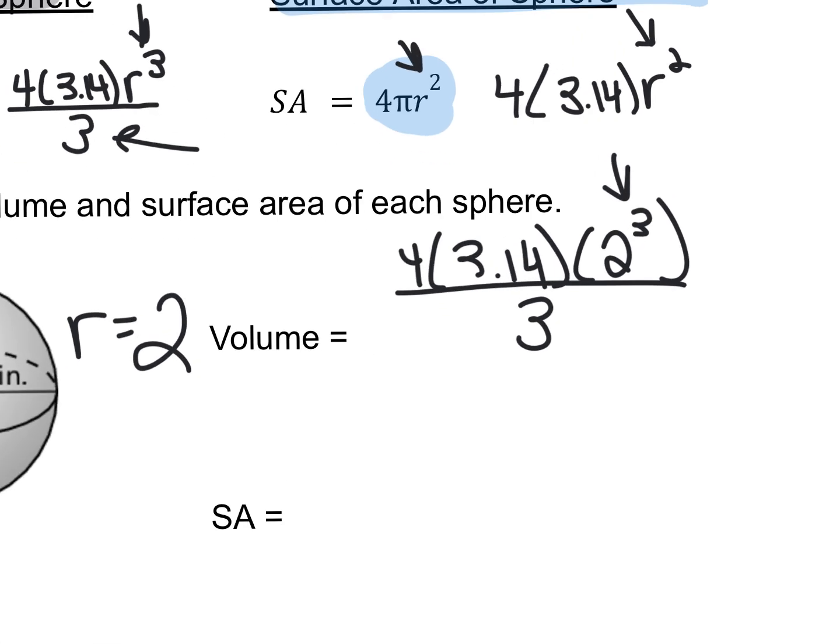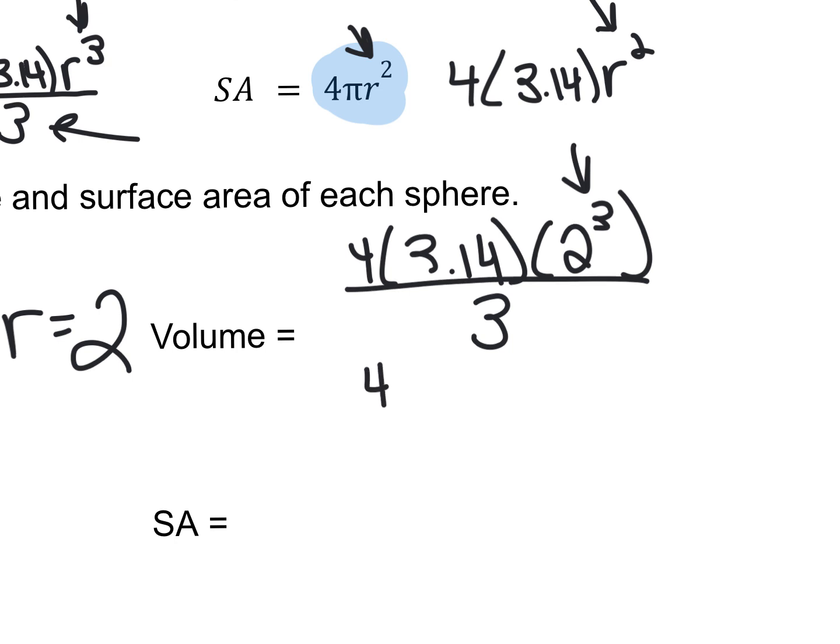You would probably want to use your multiplication symbol. So let's do that. 4 times 3.14 times 2, you'll use your little caret to the third. Make sure you arrow out of your exponent before you divide